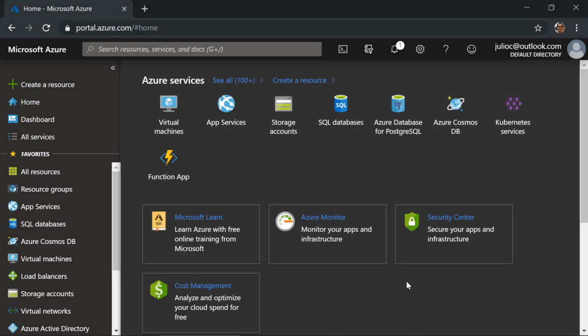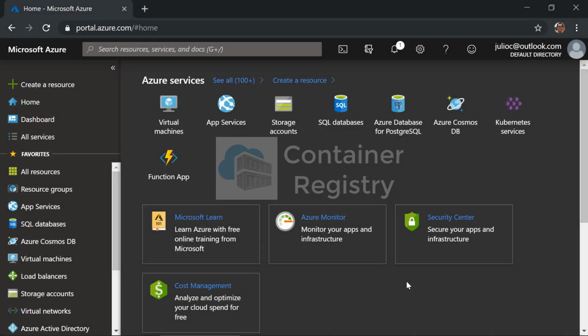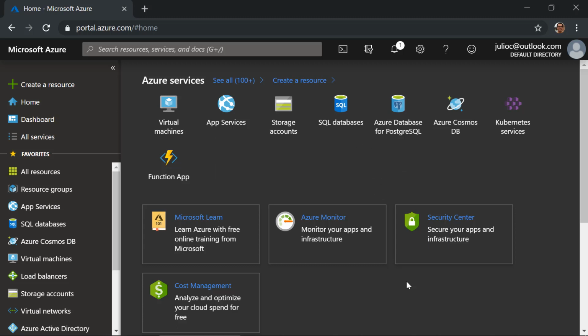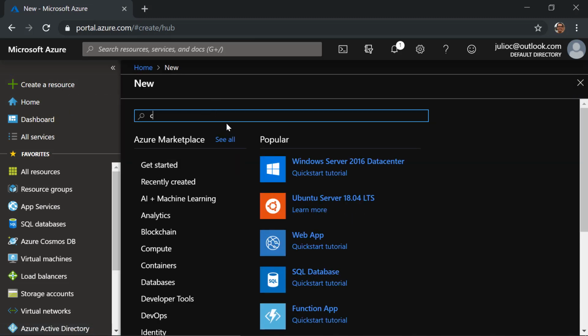And the one resource that we need to get started is a container registry, which is basically storage in the cloud for your Docker images. We need to publish our Hello ASP.NET Core image to a container registry so that later our AKS cluster can pull it from there. So let's go ahead and create a resource. Let's say container registry,